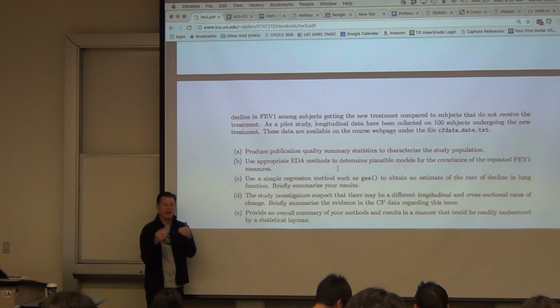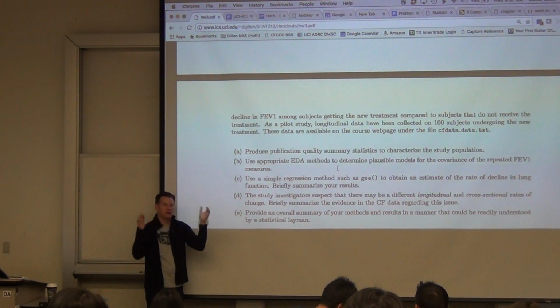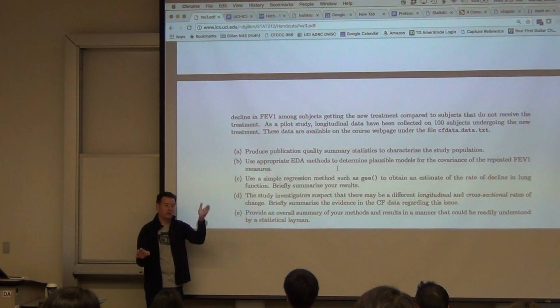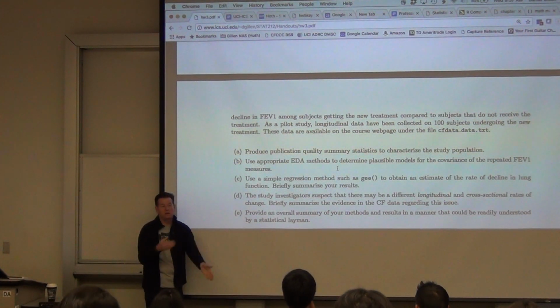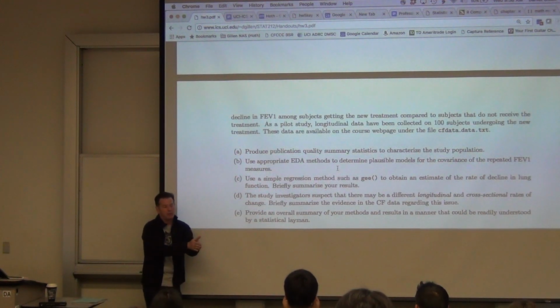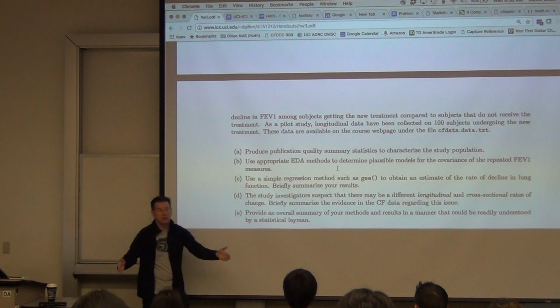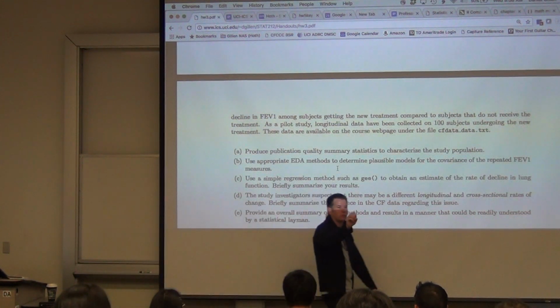And that's what I ended last lecture with. I showed you one of the benefits of how you could take longitudinal data and decompose a model into saying what's the cross-sectional effect across the population of age, for example, on FEV, and then what is the within subject effect or the longitudinal effect of something like aging on FEV. So I want you to explore that here as well.